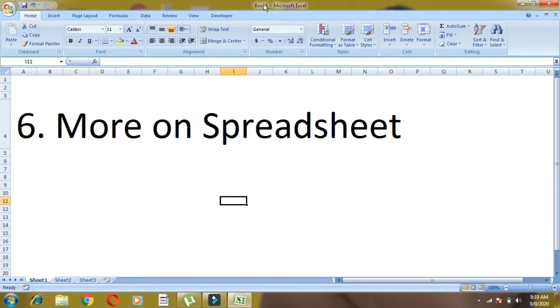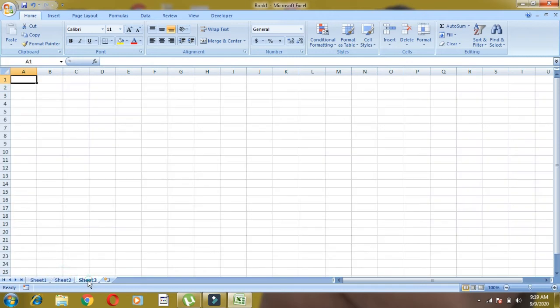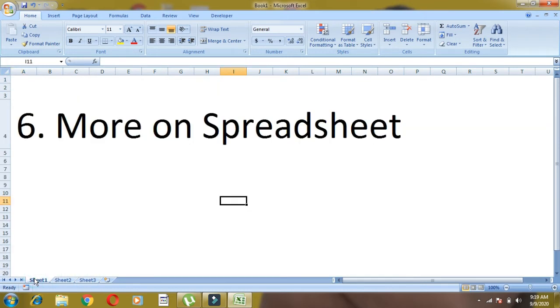Each workbook contains multiple sheets. Sheets are the pages where we perform our work. You can see by default there are Sheet 1, Sheet 2, Sheet 3. These are multiple sheets. We can create, rename, and delete them, and multiple options are available. So workbook and worksheet are two interrelated terms, and both are very important. A workbook is a book of Excel and a worksheet is a page of Excel.